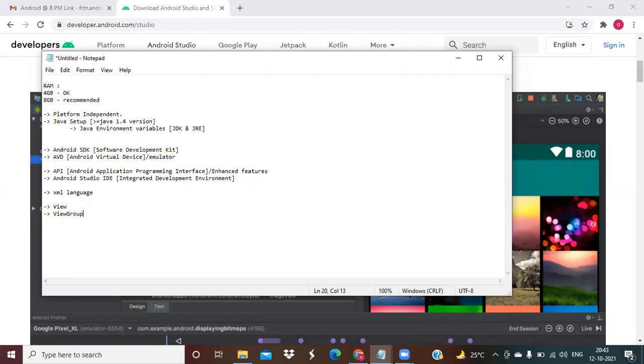The same way, a predefined component or object in Android is called a view.